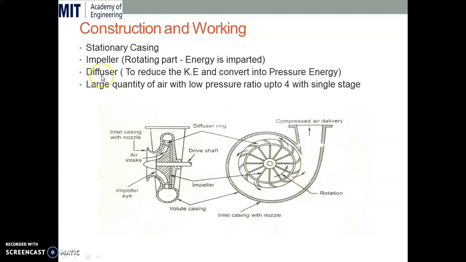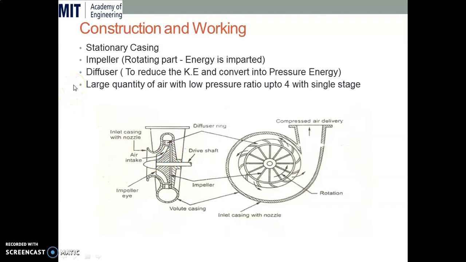Along with the impeller we have a new part in the turbomachine called the diffuser. The diffuser is basically a wheel or ring having fixed vanes mounted at some distance apart, with a gradually increasing area from inlet to outlet. We can see this gradually increasing area from inlet to outlet in this section also. These are the diffuser rings. This is the sectional view and this is the impeller.